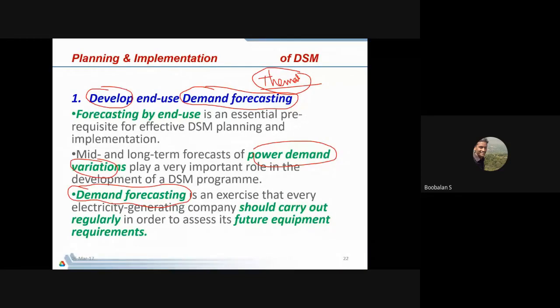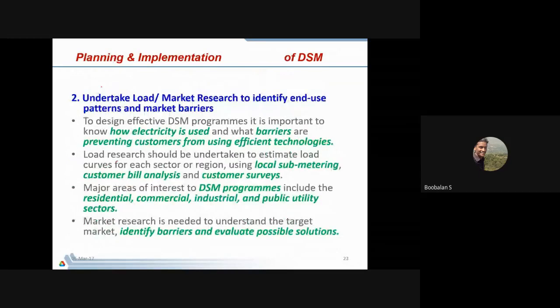Second thing, definitely they need to identify the load pattern, right? Actually how customers consume energy, in which time period, in which seasonal variations, winter or summer, in which season how much energy they consume, and what the variations are, right? So this is the overall procedure of my entire demand side management in our thermal station, right?